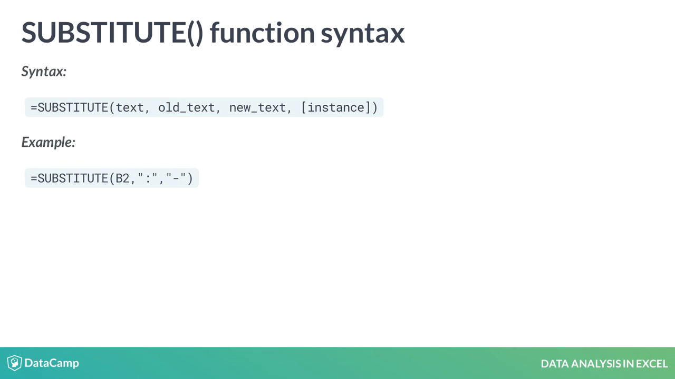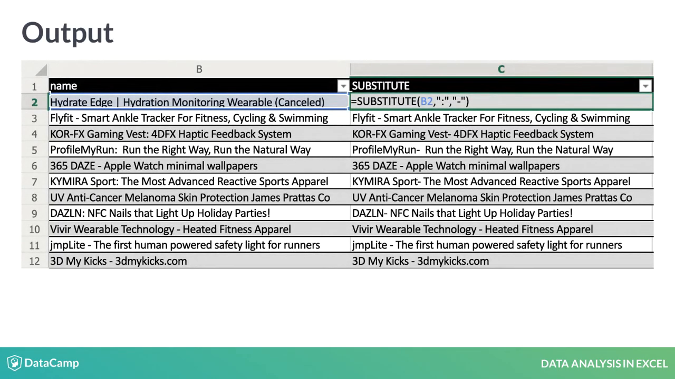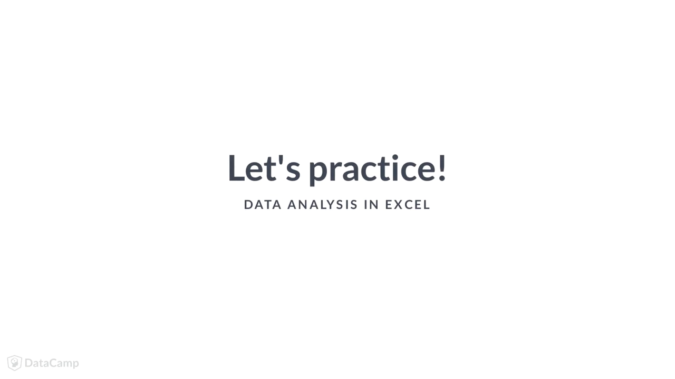Let's use SUBSTITUTE to change all the colons to dashes. Equals SUBSTITUTE, open parentheses, B2, double quotes, colon, double quotes, dash, double quotes, close parentheses. Notice the change? Also note that if there was no colon in the name, like the second row, then the cell didn't change at all. Now try out these string functions for